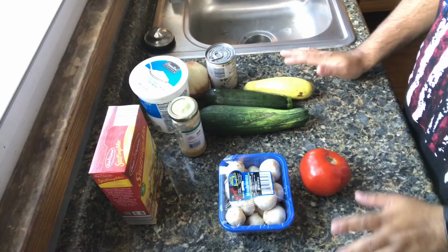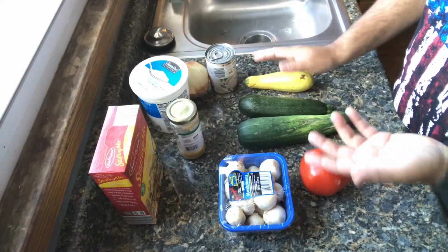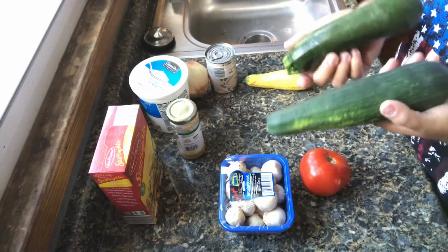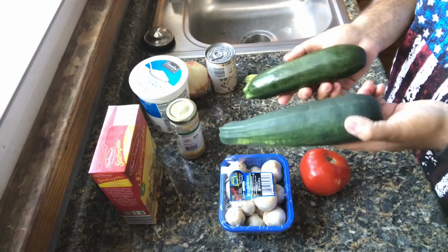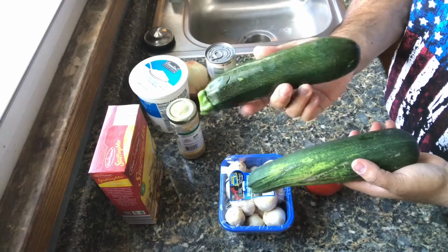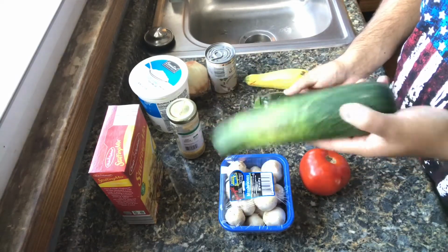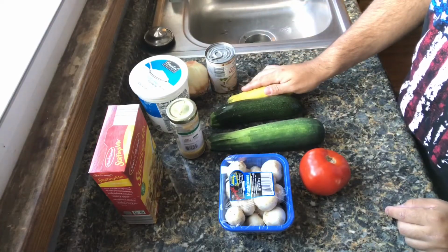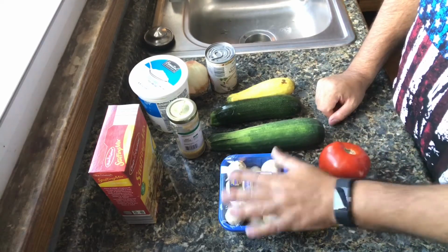So let's go over the ingredients for this recipe. Of course, this is a zucchini casserole, so we're going to use zucchini. I'm going to use 2. You can probably tell the difference which is store-bought and which is from the garden. You can see the very perfect, picture perfect one is from the store, and then this is from my mom's garden. We're going to use a summer squash as well, or yellow zucchini, some people call them. Tomato, some mushrooms,